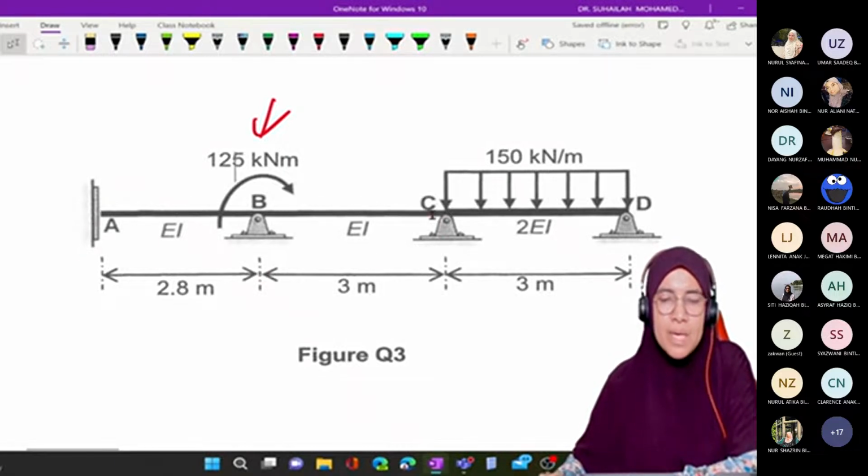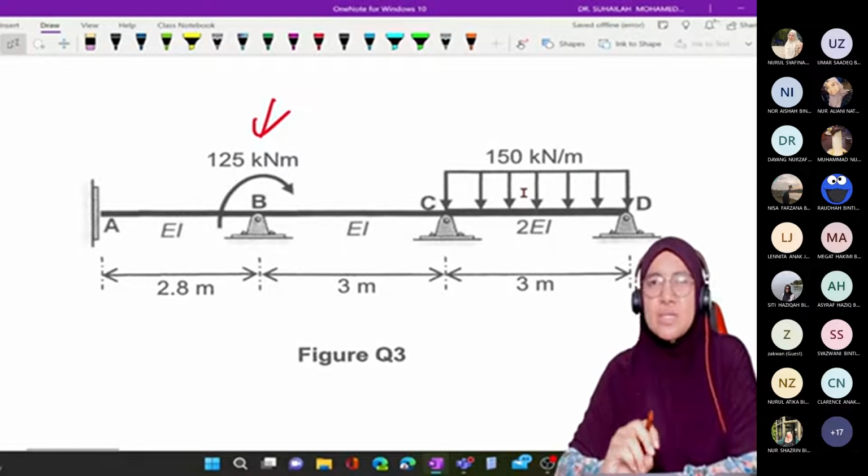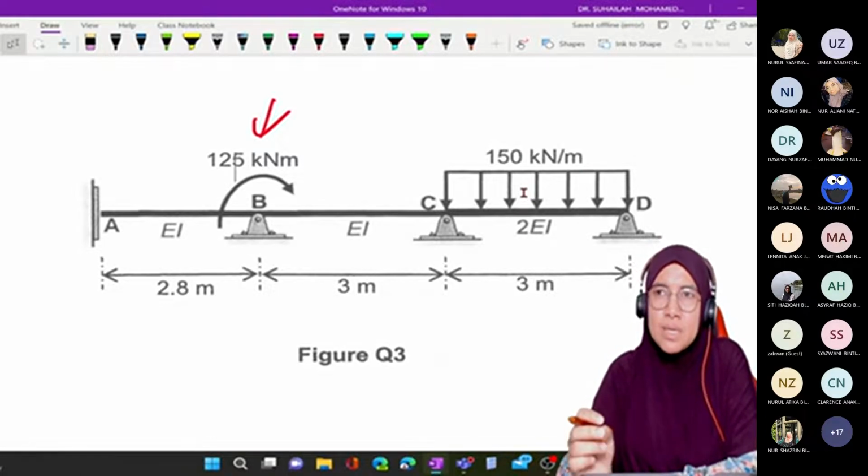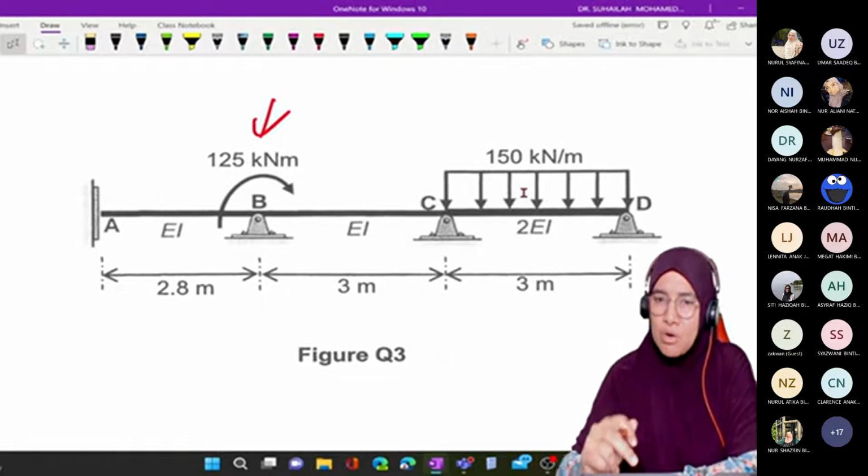Okay, we have A, B, C, and D. This is a continuous beam. A is fixed. B, C, and D are pinned. EI, 2EI, EI, EI, 2EI, EI. So this is 125, 150. Okay, I add additional support settlement. For detail on support settlement, please refer to the other video